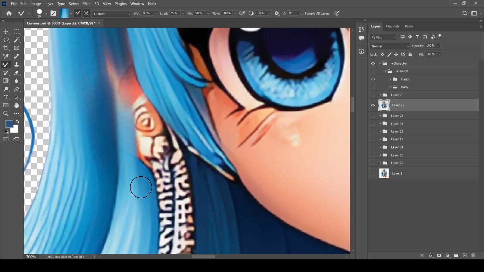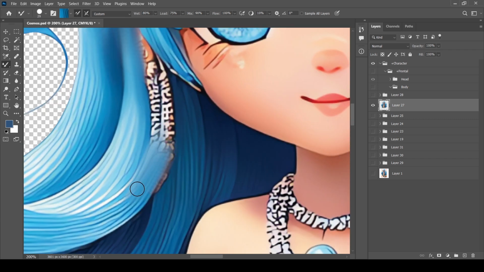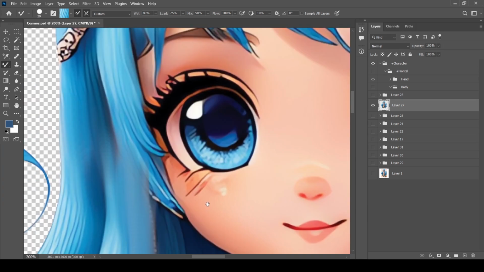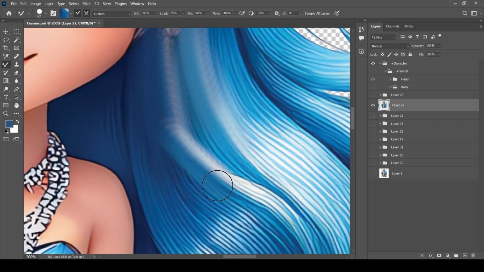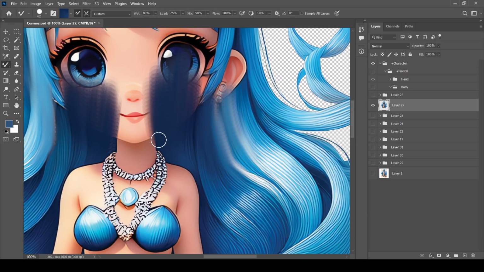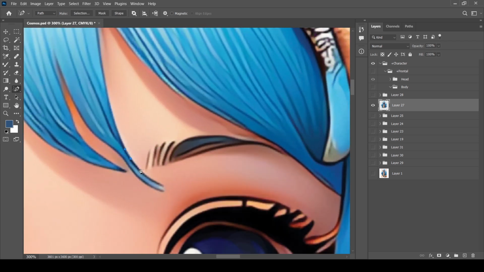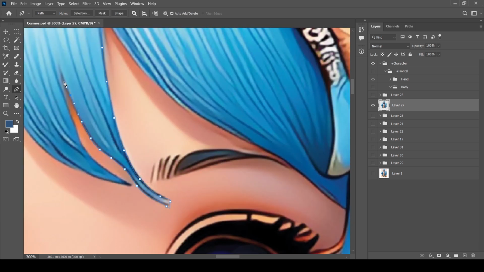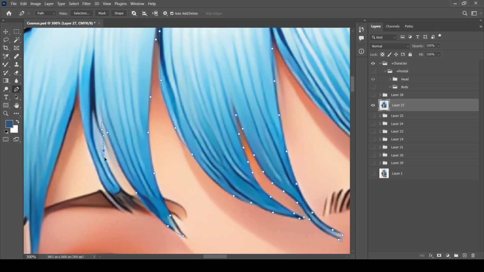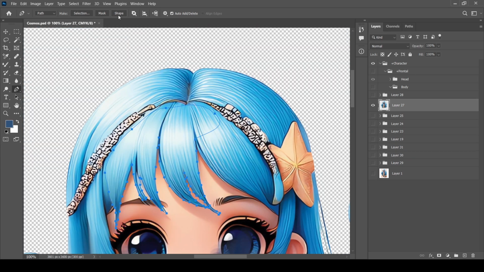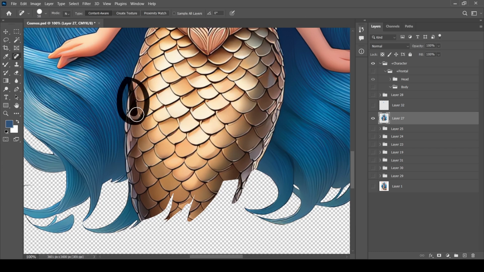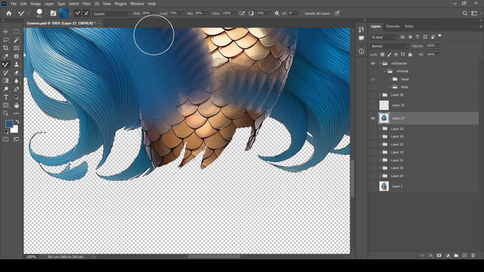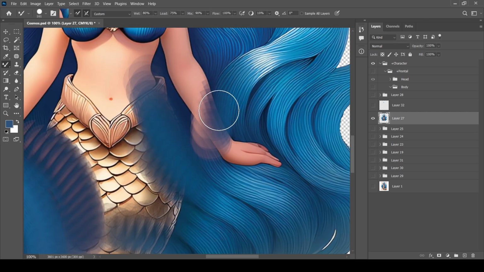So this is the hair that I'm working on right now. So what I'm doing is I'm using that same tool that I used for the face to clean her face, because this entire layer that I'm working on is her hair. And this is the hair that is behind the head of the character. So what I'm doing here is I'm cleaning every single trace of her face and her body, because those are actually part of the image. So you have to find a way to get rid of those,